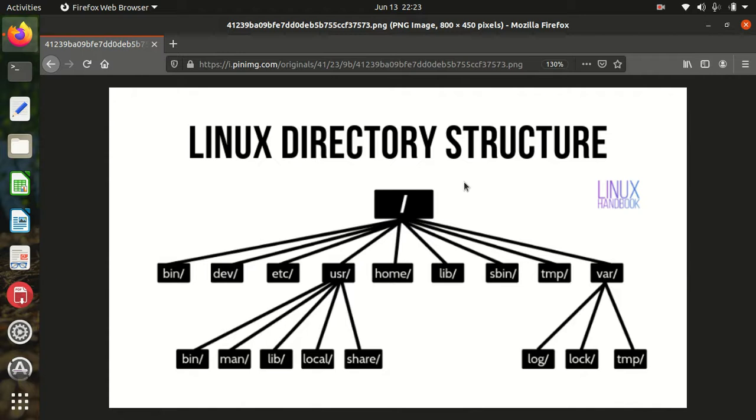the Linux directory structure. See, the Linux directory structure is not like our normal Windows directory structure. If it was like the Windows directory structure, we wouldn't have studied it, because the Windows directory structure is so easy. You all know it from childhood, almost from class 1 or class 2, when you got your first computer, or when you just sat in front of any friend's, cousin's or relative's computer, you have seen that